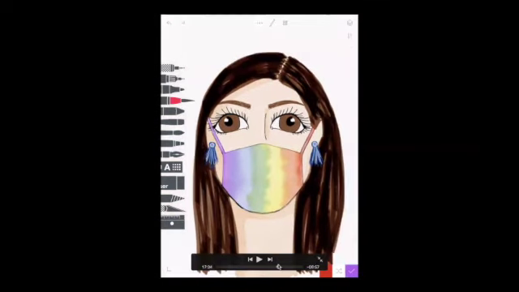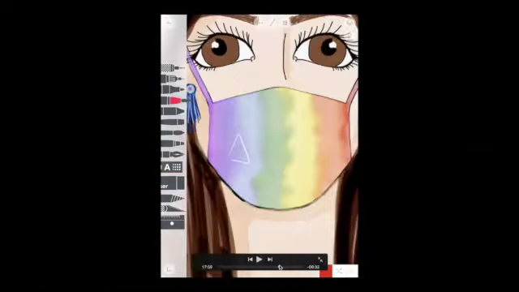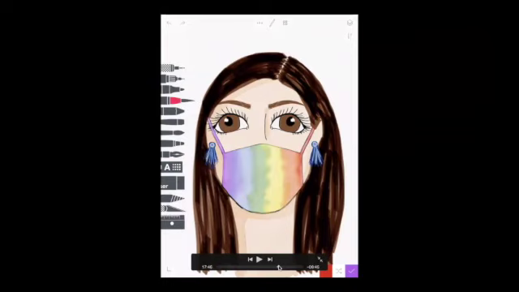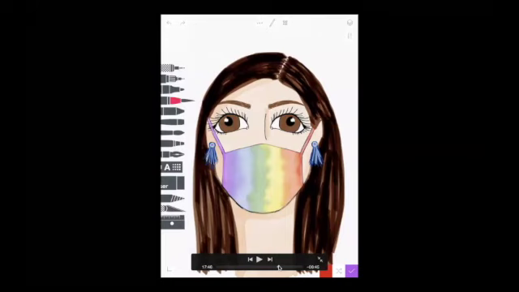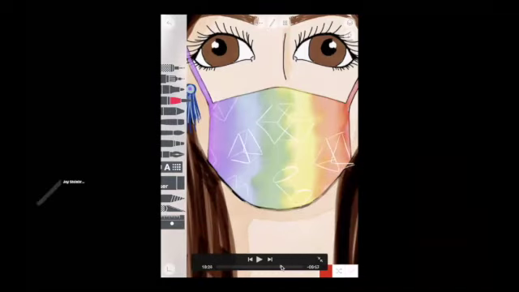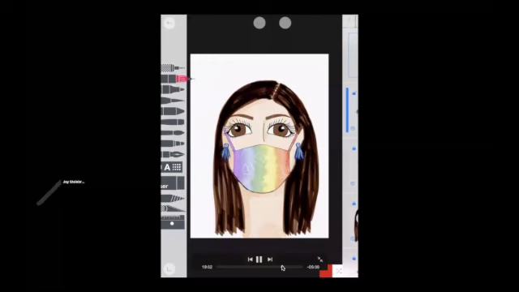I could have always done shapes. That would have been good too for my earrings. I was trying to incorporate all the elements. So I did color on my mask, and I did, oh geez, I'm going blank. So then I added,